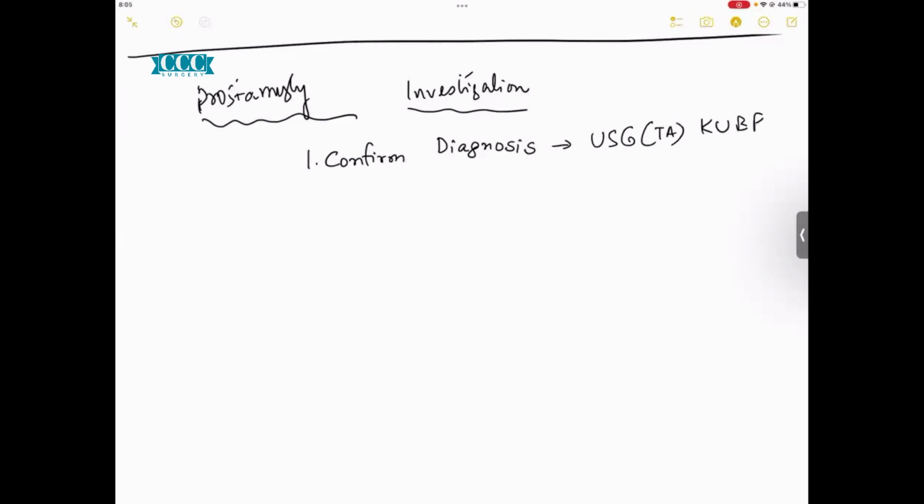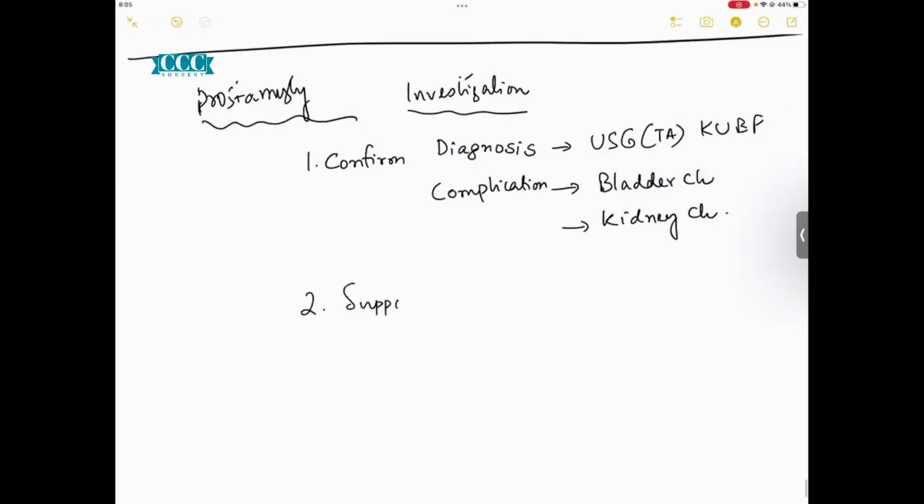It is also going to show you the complications that arise due to a prostate, like bladder changes, like kidney changes due to the prostate enlargement. Number 2 is that, after you have confirmed the diagnosis, to support your diagnosis, you are required to do a urine culture, which is going to rule out a urinary tract infection, and you are required to do